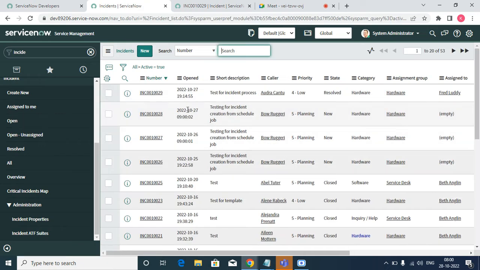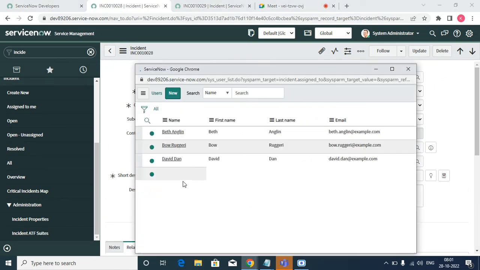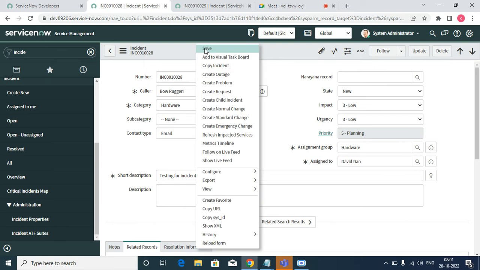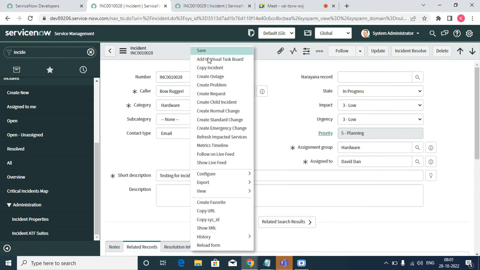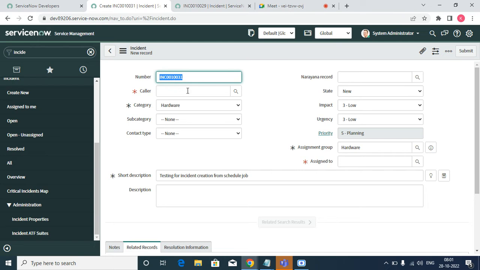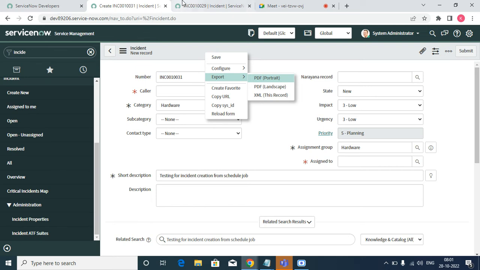What happened, I'm just opening an incident. See, right now the incident state was one. So if you click on save, it will run. Add visual taskbars is nothing but there is a concept called visual task board, VTB. From there we can add. I can show you this later. And copy incident is nothing but if you click on copy incident, the details will automatically be copied, almost the few information. And if you go back,